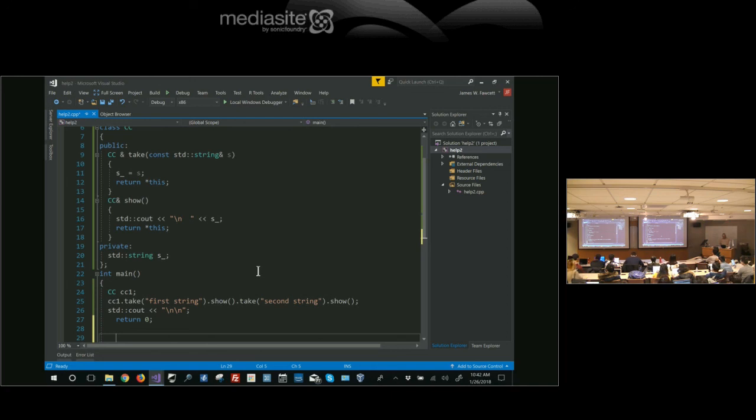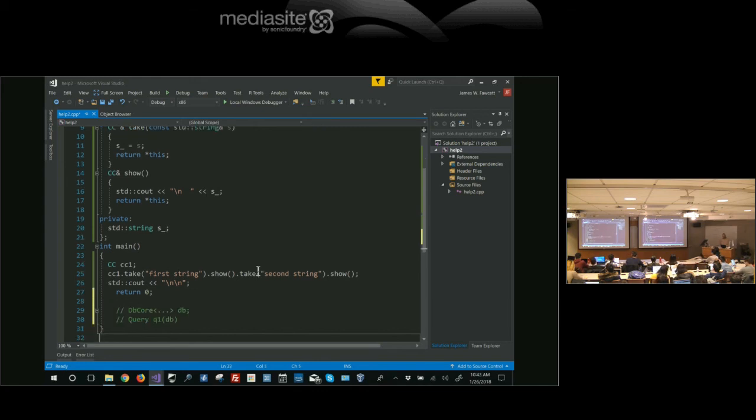I'm not going to compile this. I'm just doing this to give you the idea. So I have an existing database, and now I'm going to create a query object. And what's happening here is